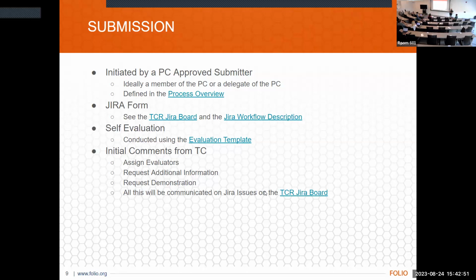But the reason we put this at the beginning of the process is because we want to give the folks submitting a module the opportunity to do a sanity check before they even start the process to see, well, is our application ready to go? And we highly recommend that if you do the self-evaluation and you find yourself failing yourself on certain criteria, that you do not advance the draft